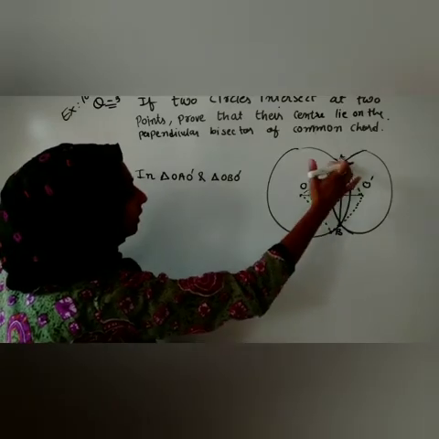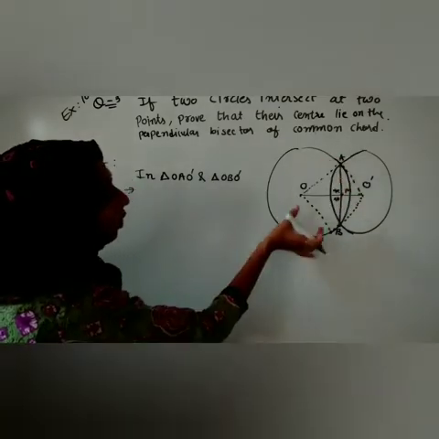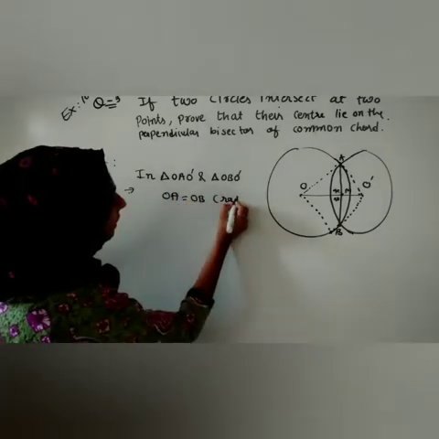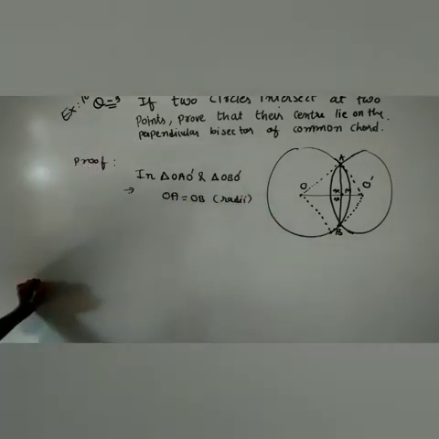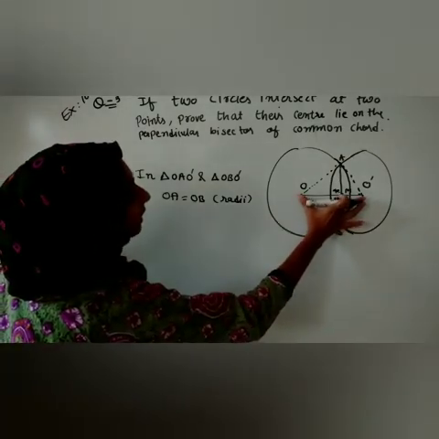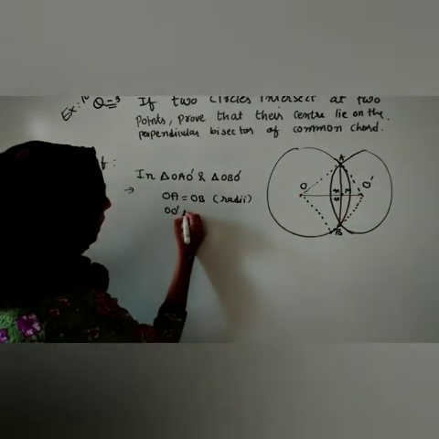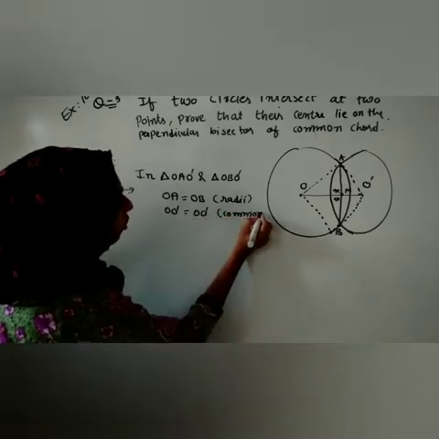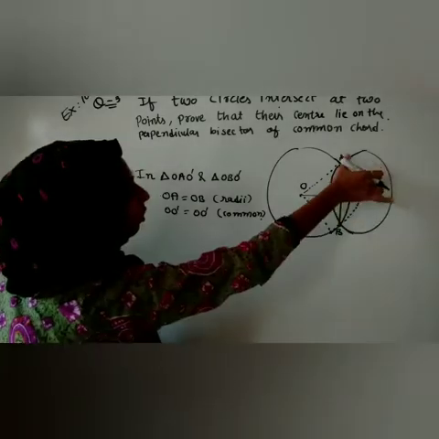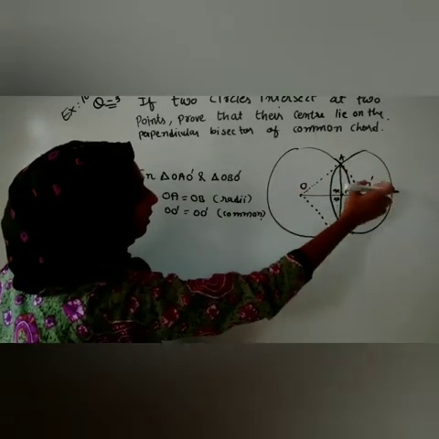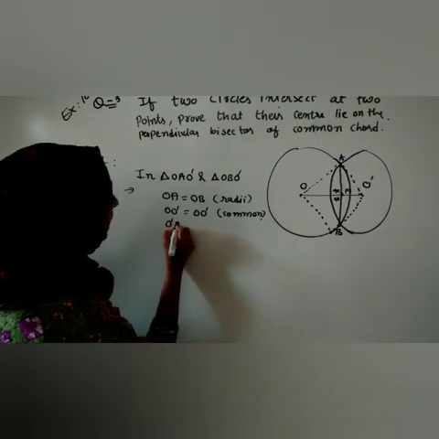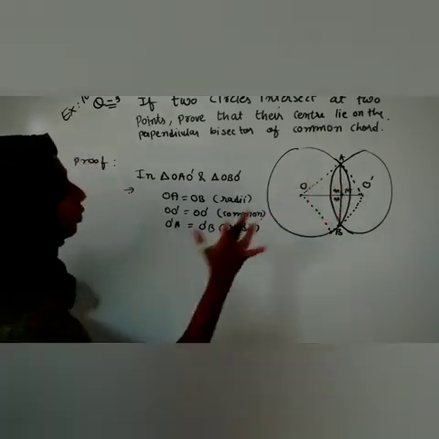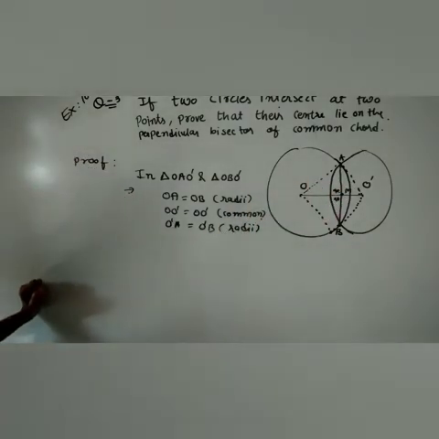Here I will compare for this triangle. This OA will be the same as this OB. How? Because they are both radii of the same circle. So that's why we can write. Then both have a common thing, that is OO dash. So here OO dash is common, so in brackets I will write it as common. And the third thing, that will be the radius of this circle. That is, O dash A will be equal to O dash B, and they are radii of circle 2. The two radii of the other circle are the same.